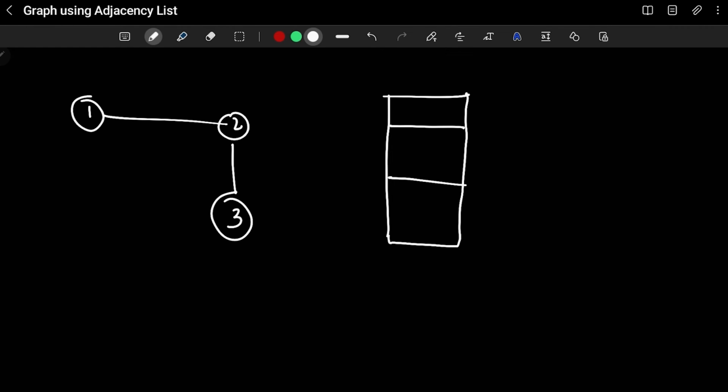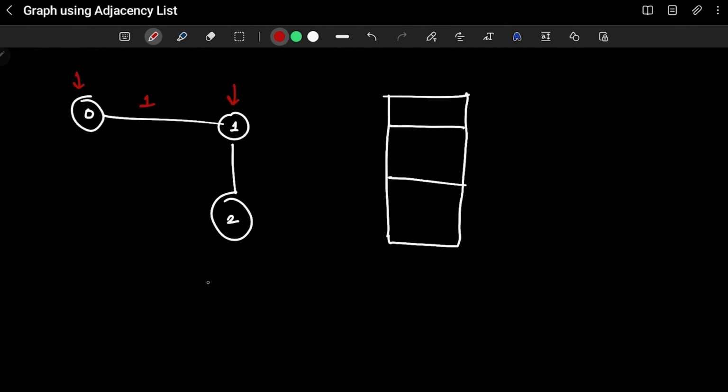Now we know we have to store these edges in this list, this array. So let's say our source is 0 and our destination is 1, and the edge weight would be 1. Let's consider that for example. So what I am doing according to my code here,